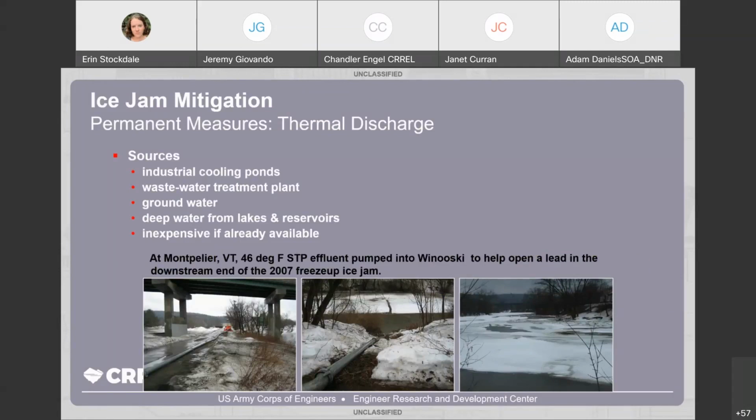So some sources that may be available are from places like cooling ponds at industrial sites or power plants, or from wastewater treatment plants. The effluent from wastewater treatment plants is actually fairly warm, and depending on the scale of the river that you're trying to influence, might be enough additional thermal energy to add to the system to make a difference. And so that's actually what we see here. There's a long pipeline that runs from the wastewater treatment plant in Montpelier, Vermont, to that problem bend I was talking about, Cemetery Bend. It's weakened the ice at the bend, and